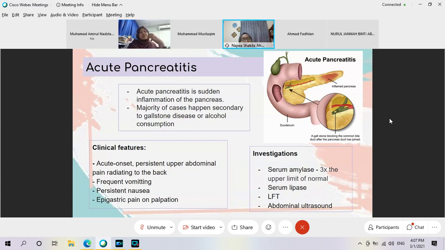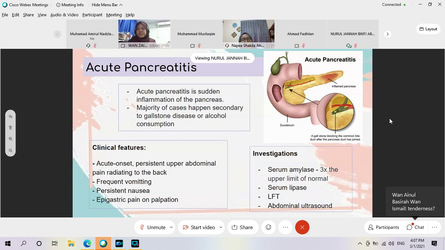Kalau kita nak tulis sebagai sign, kita kena tulis apa? Pain is a symptom. I know Basira jawab tenderness. Okay. So,